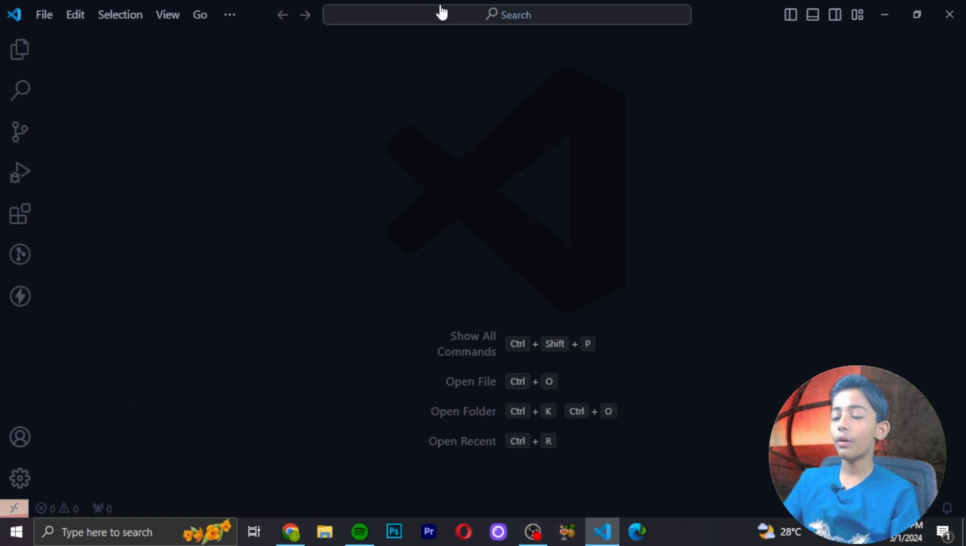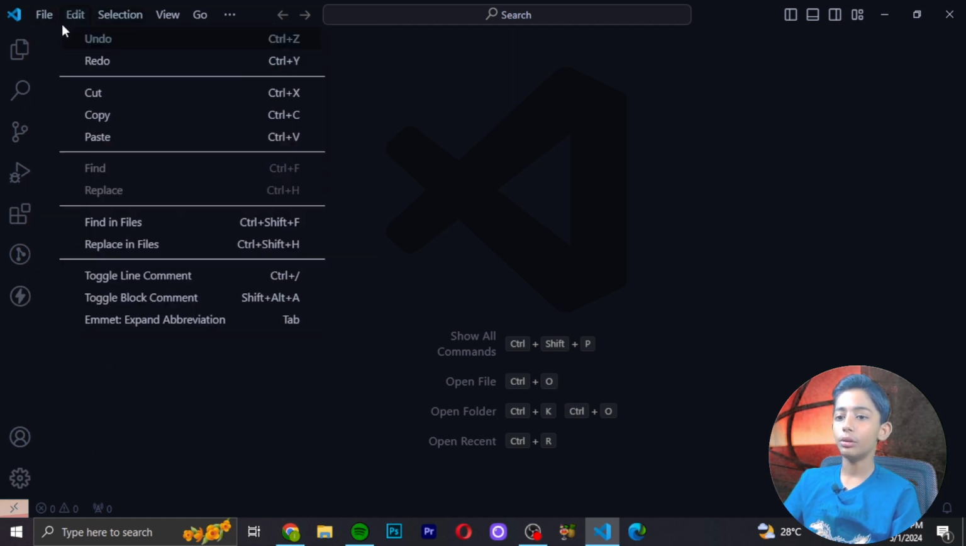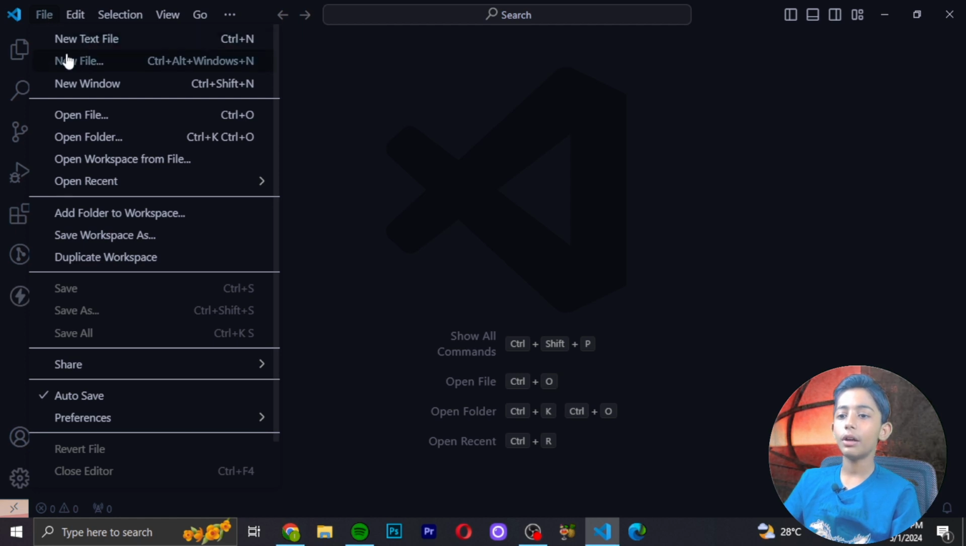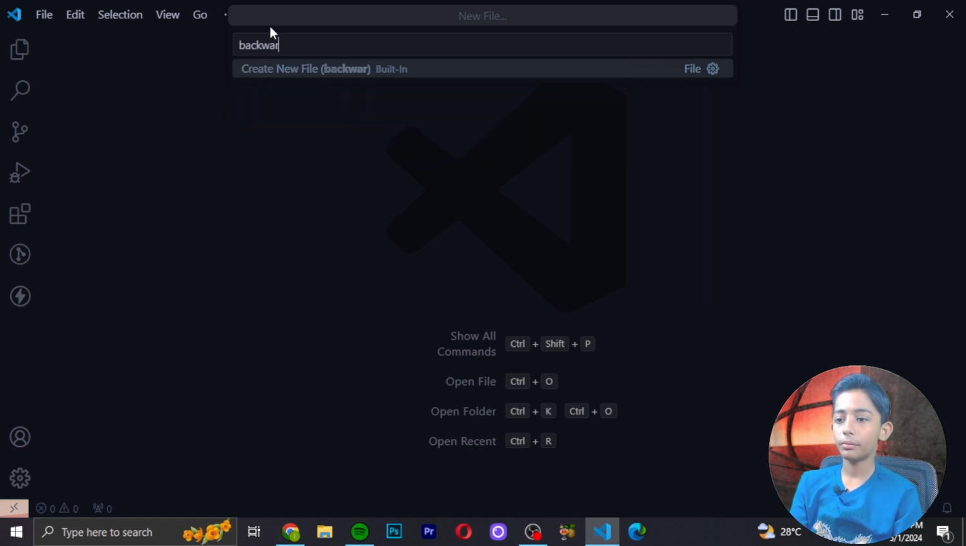Now, first of all, we build this backward for loop using Python. First of all, we make one file. How to make a file, let me tell you. First of all, you go to File and click on New File. Then this type of interface will appear and a search bar will open, and in the drop down menu there is text file, Python file. Okay, so here you can write backward loop